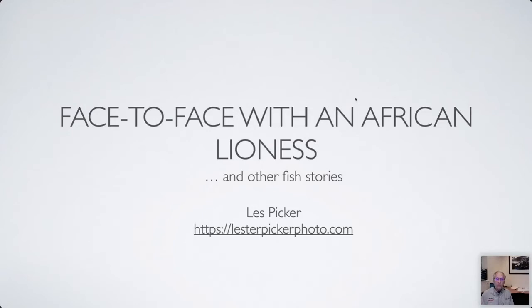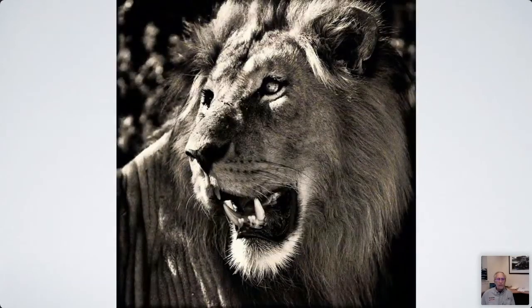So let's get started and talk about this first image. The backstory to this is fairly simple, and then I want to get into the paper, talking about the paper and how we displayed this image. So for this particular image, I was in South Africa and driving myself through this. Actually, my wife was with me, but it was just the two of us driving through this